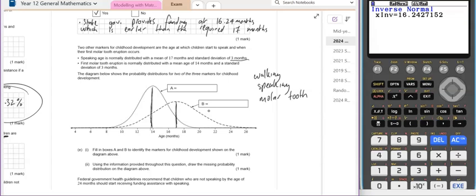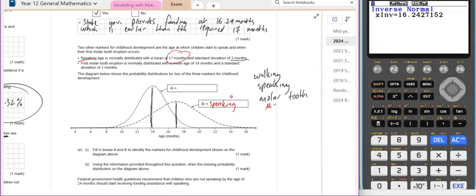The only thing that has a mean of 17 months is that speaking age, okay? So B is actually the speaking age, or the normal distribution curve for the speaking age. Now, because I know that the molar tooth is also going to line up at 14 in terms of its mean,